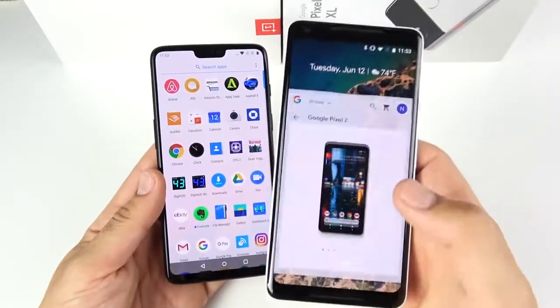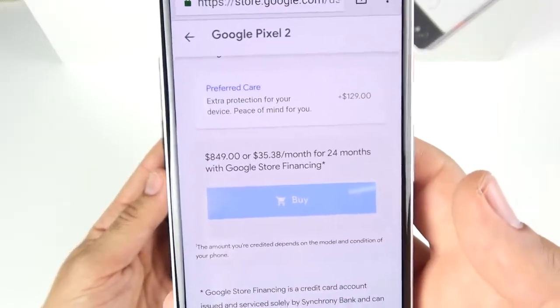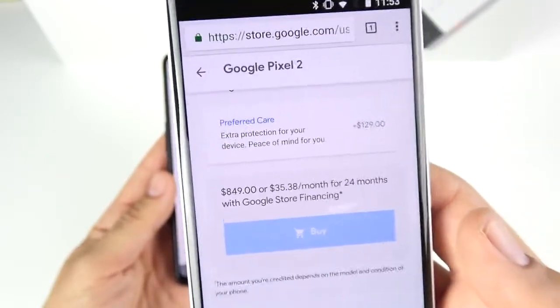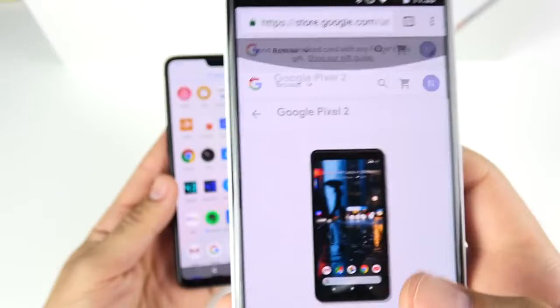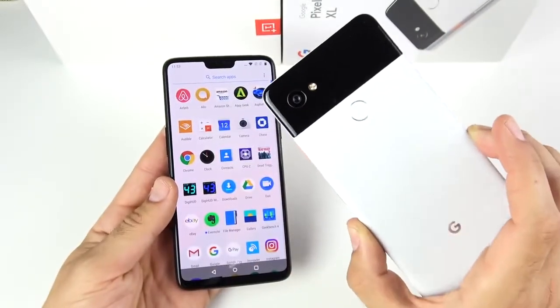Now, first thing we should talk about is that price gap, because the Pixel 2 XL comes in at a whopping $849 here with tax, with cases, with screen protectors. This is basically a $1,000 phone. So you better bring out the money bags if you're going to buy it from the googlestore.com. However, you should keep in mind that the Pixel 2 XL can be found on third parties like Swappa and